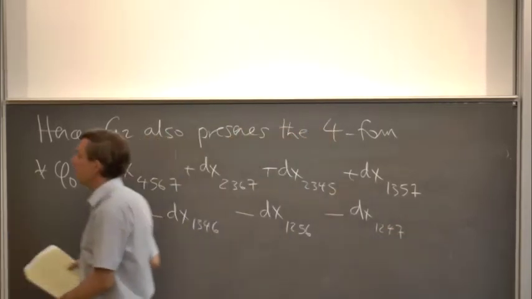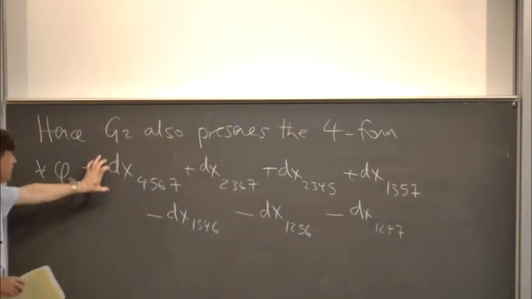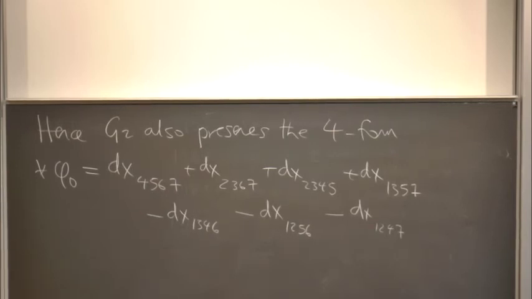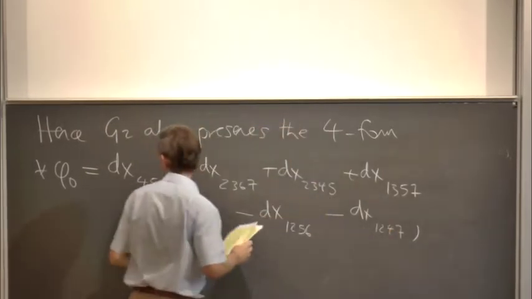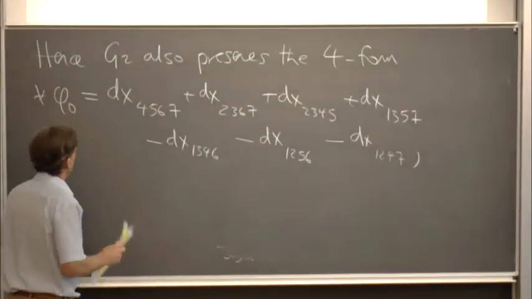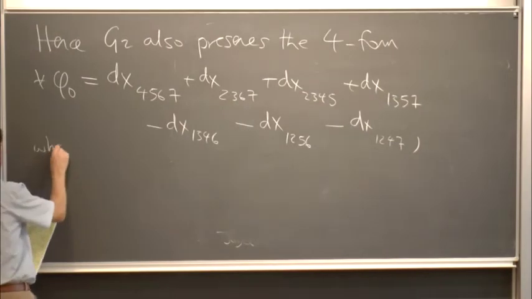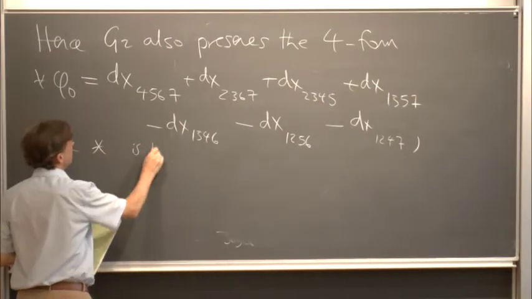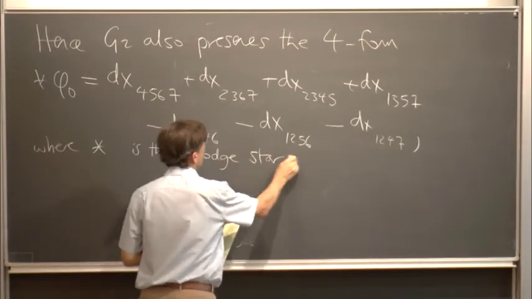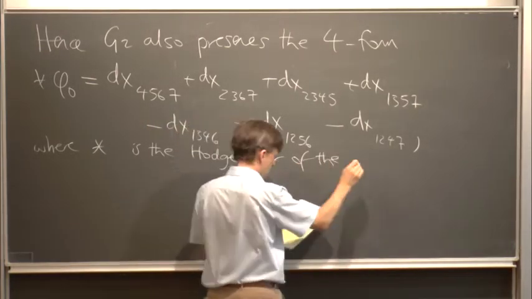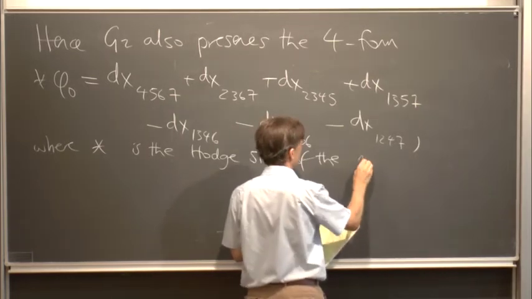So hopefully the way I've written it, each term here is the Hodge star of the corresponding term here. So dx 4, 5, 6, 7 is the Hodge star of dx 1, 2, 3, where star is the Hodge star of the metric